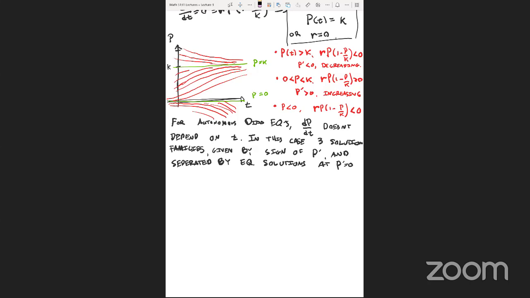P prime equals 0. So in particular, for autonomous equations, we can actually read the behavior entirely off of the graph of p. For autonomous equations, in particular first order autonomous differential equations,